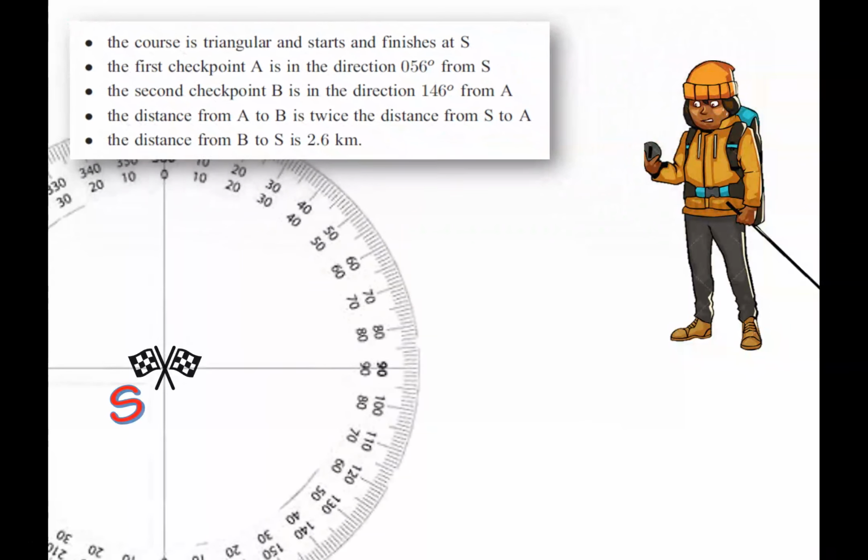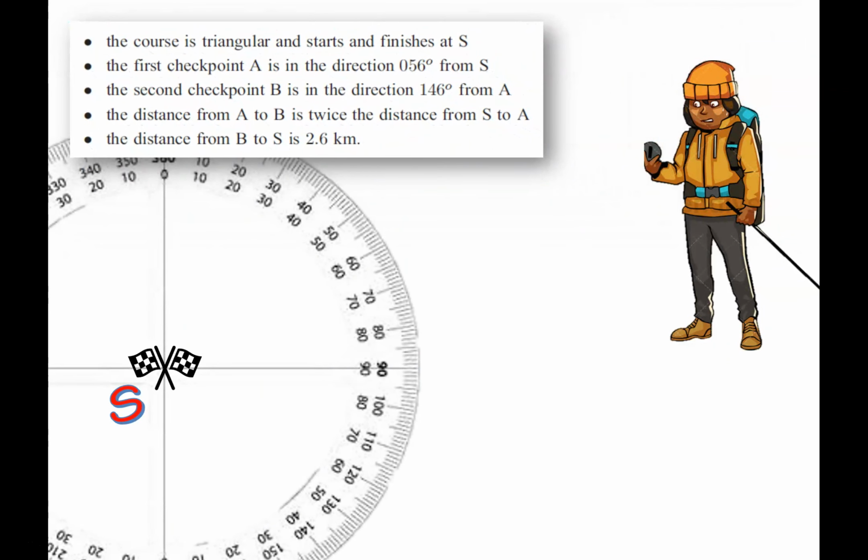All right, so what do we got? I'm going to say the starting point, marked by a double waving checkered flag here, is point S. Now, the first thing I'm going to do is say the first checkpoint is at a bearing of 56 degrees. Why 56? 56 is there, 56 is here, and that all makes sense. Then